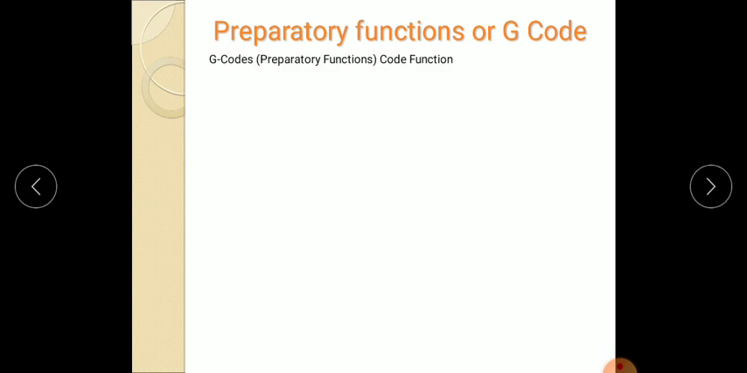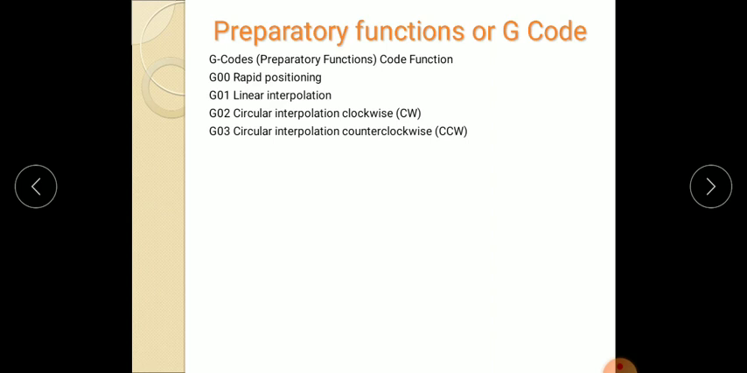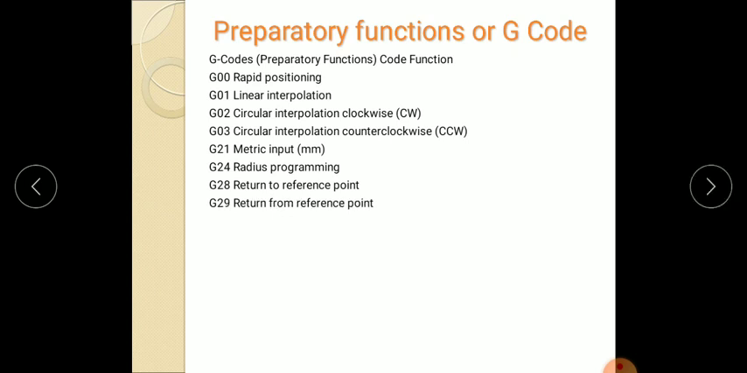So these preparatory functions are the main functions which are used to develop the part program for the CNC machines. So these are some of the preparatory functions. G00 rapid positioning, G01 linear interpolation, G02 circular interpolation clockwise, G03 circular interpolation counterclockwise, G21 metric input, G24 radius programming, G28 return to reference point, G29 return from reference point, G32 thread cutting,